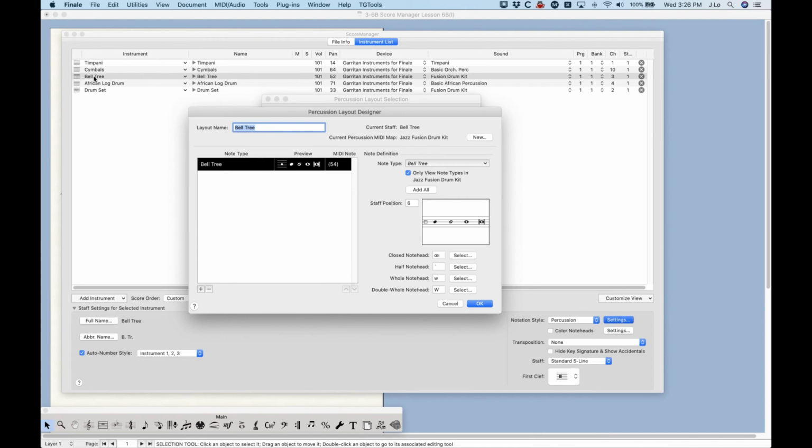And you can see that my bell tree in the score manager is using the Garritan device. It's using the Fusion drum kit. And again, that's a strange choice, and I'll explain why in a second. But what's important about this is that when you have this percussion MIDI map selected here, Finale gives you this thing about only viewing note types in, and then it will list the percussion MIDI map here, Jazz Fusion drum kit. This is important because when you start adding note